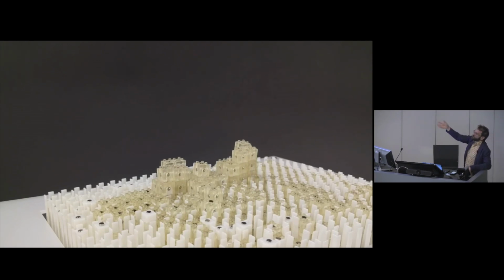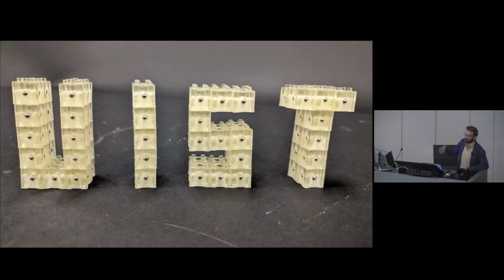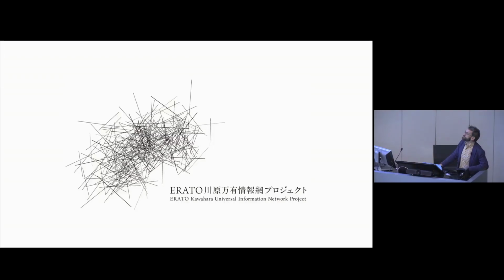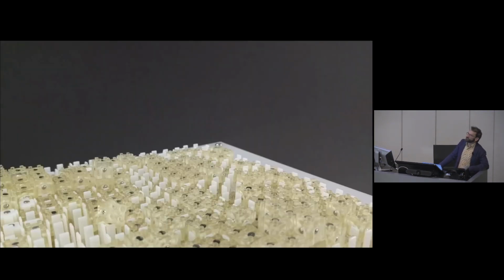So you could send it over, say, to your colleague, and rather than having to turn on an FDM printer and smelly and whatnot, they get the nice Lego-like object out of the printer in a few minutes rather than hours. So this was a collaboration with University of Tokyo, I should mention, Yasuka Kei's lab. And then we were like, so that's number one, but we really want to get away from the shape display,